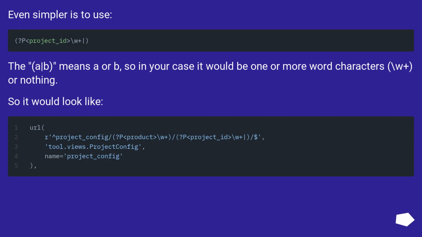Even simpler is to use the A vertical bar B, which means A or B, so in your case it would be one or more word characters, \w+, or nothing. So it would look like